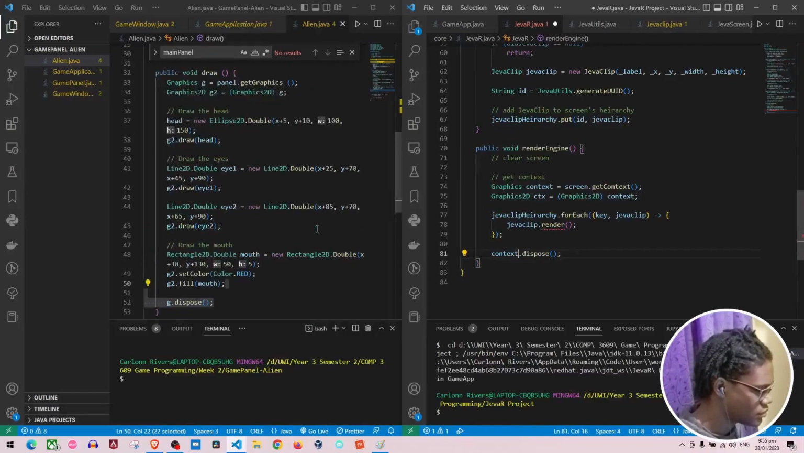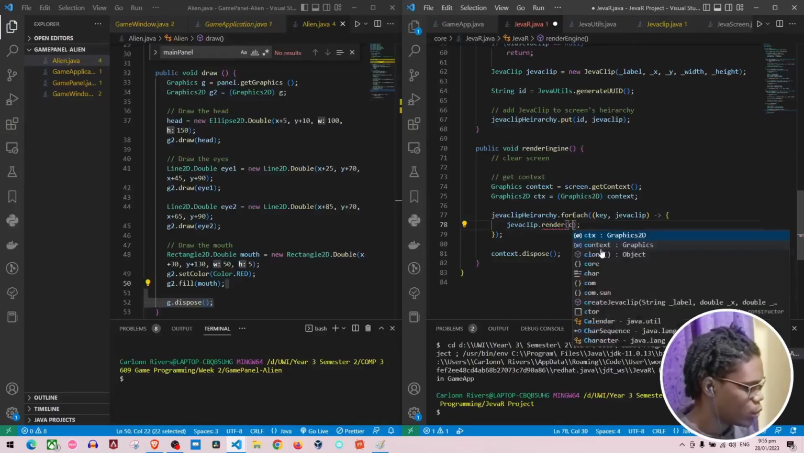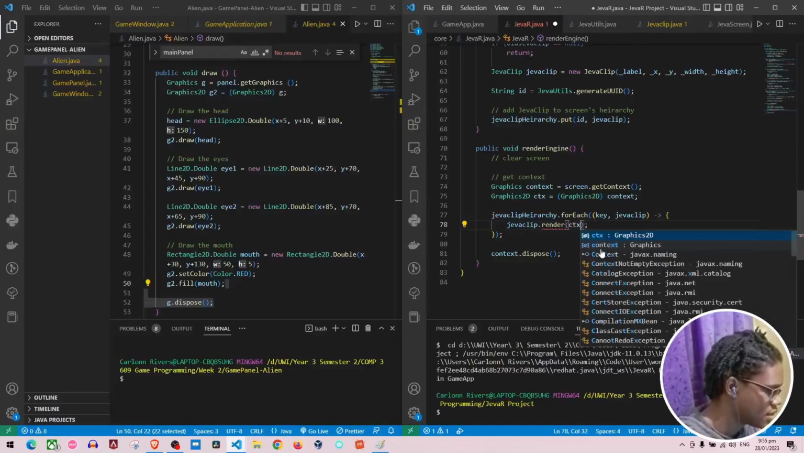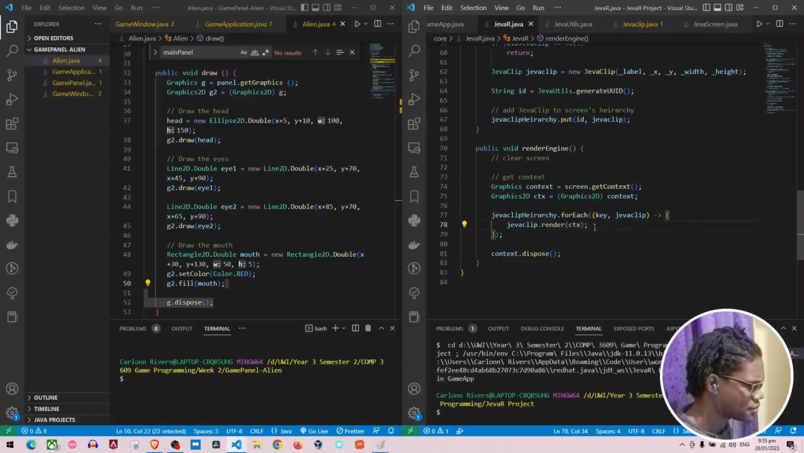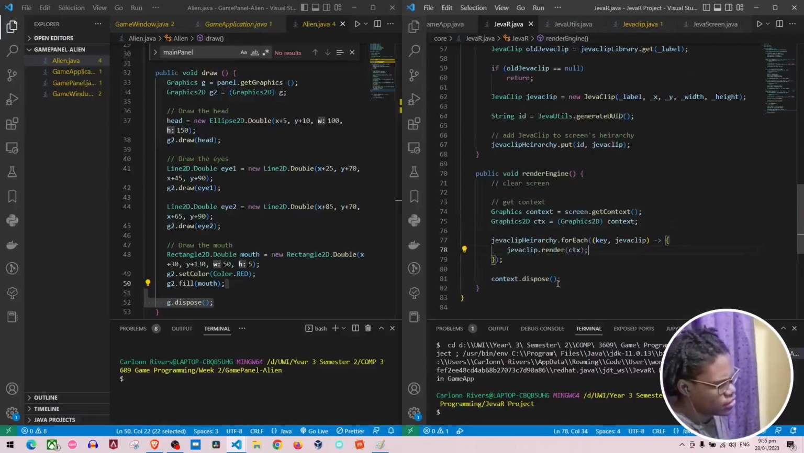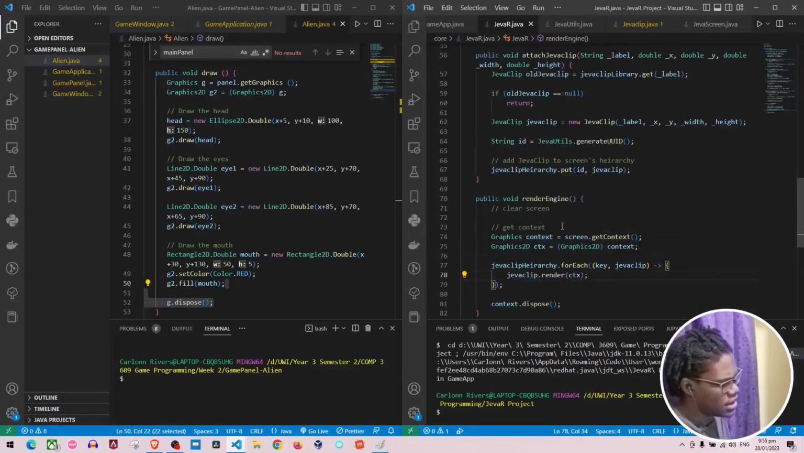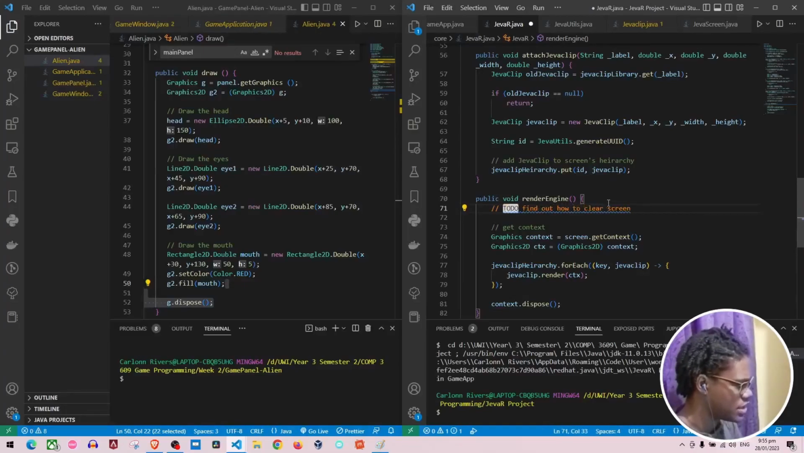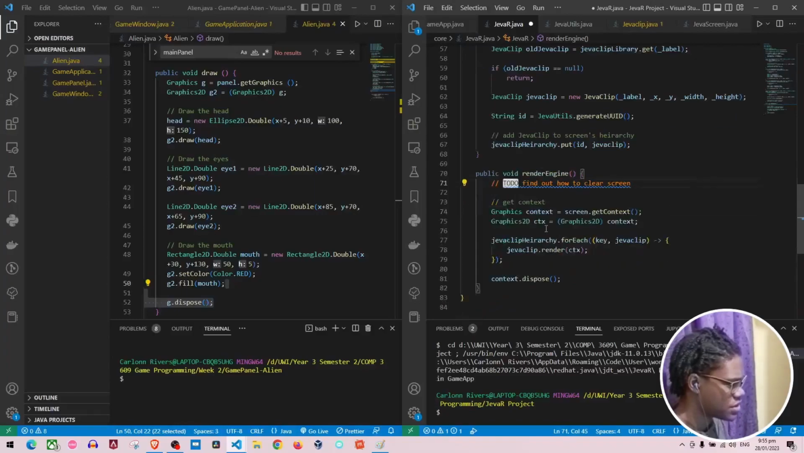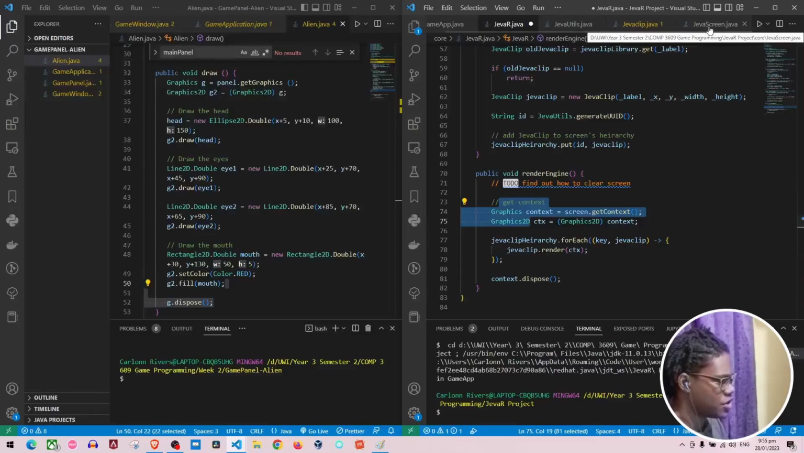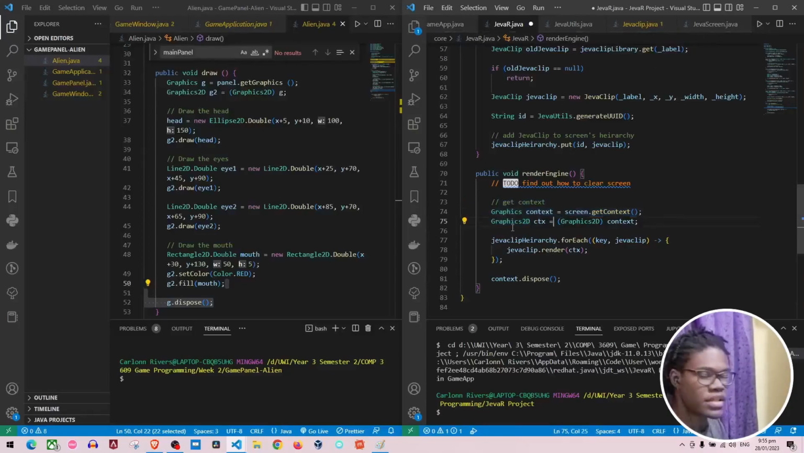and inside the JevaClip, when we're rendering them, we're going to send that Graphics2D context. So what everything here does, we're going to clear the screen. So let's make this a to-do: find out how to clear screen. So we're going to clear the screen first. Then we're going to get the context of the game screen itself, the Java screen. We turn it into a Graphics2D context,